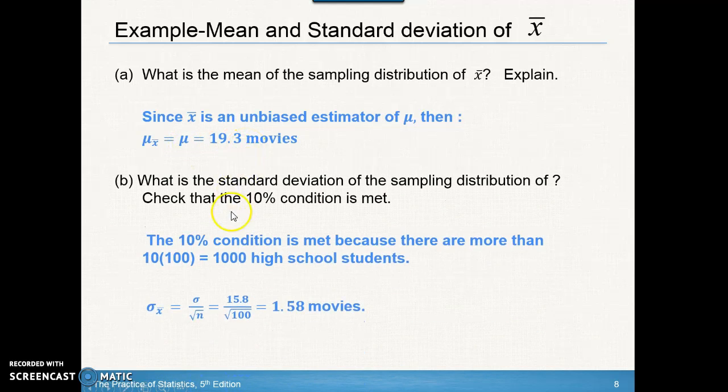Before you find the standard deviation, check the 10% condition. This is telling us that it's met because there are more than 10 times 100, or 1,000, high school students. Notice the notation: sigma of x bar, the standard deviation of the sampling distribution, is my population standard deviation, 15.8, divided by the square root of 100, which is 1.58 movies. Notice how that standard deviation is much smaller for the sampling distribution than it is for the sample